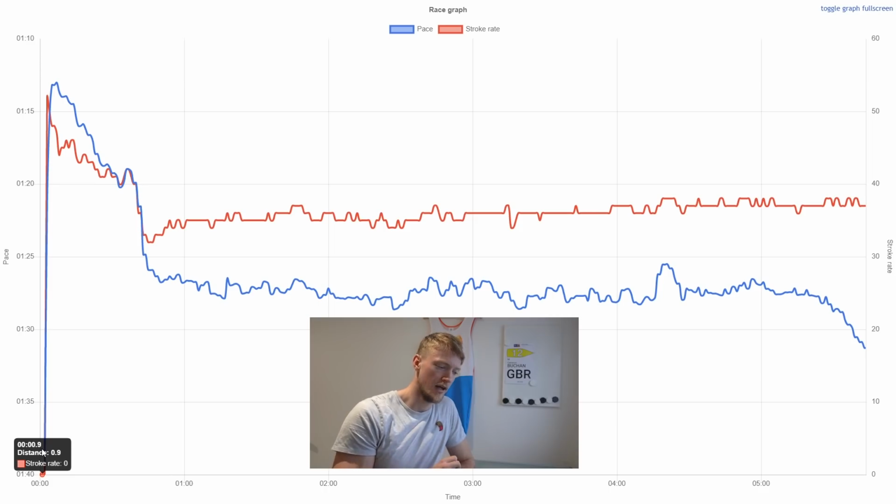But again, I don't know how he felt, so he could have been gassing and had no more legs and couldn't rate any higher, and that would be what would be suggested by the slowing down of the split. But really interesting one here. Like I've said,